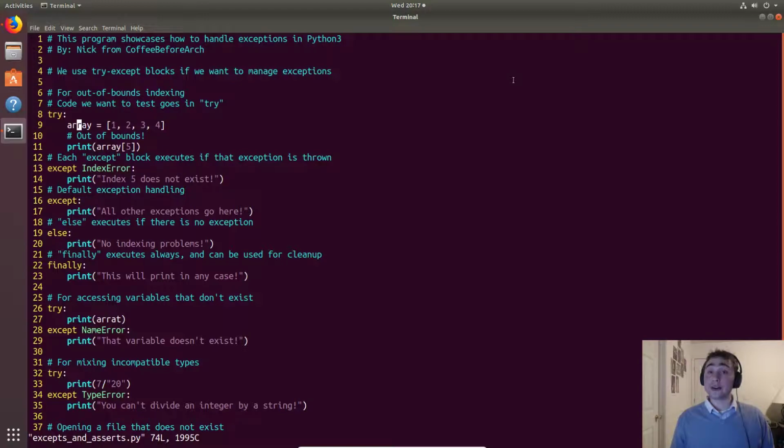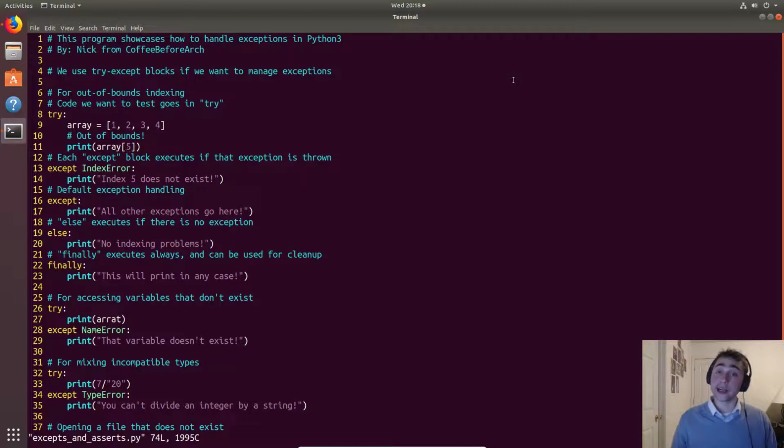In this case, we'll have a list with 4 positions, and we'll try to access the 5th position, a position that doesn't exist for this list. So we have indices 0, 1, 2, 3, and we're going to try to access position 5.